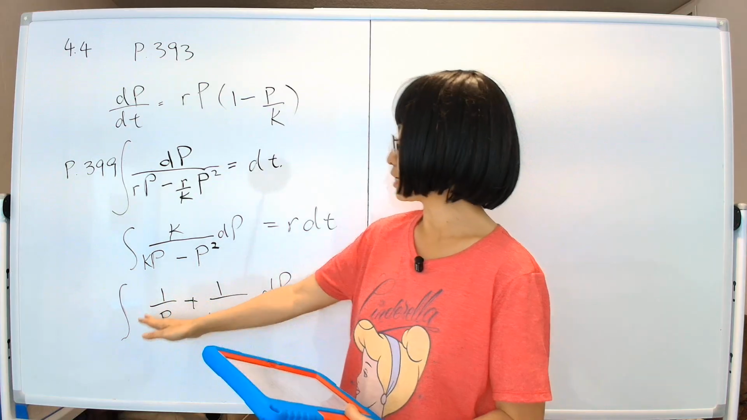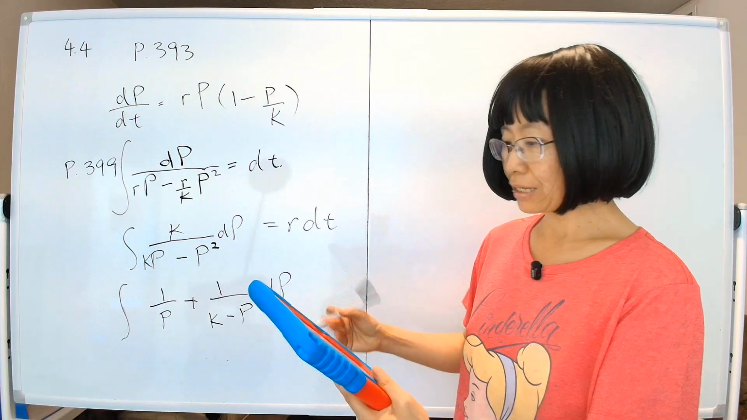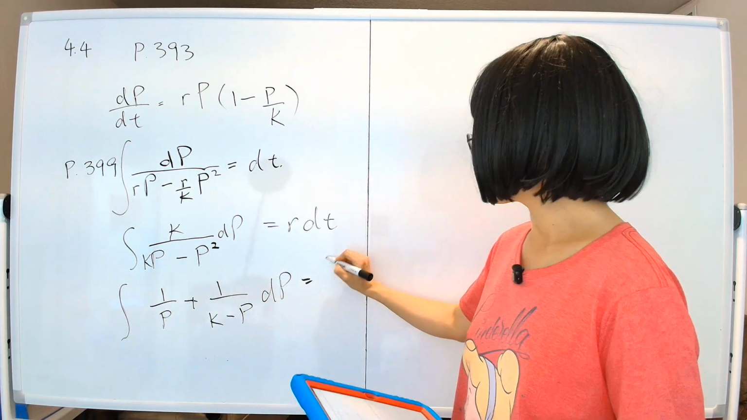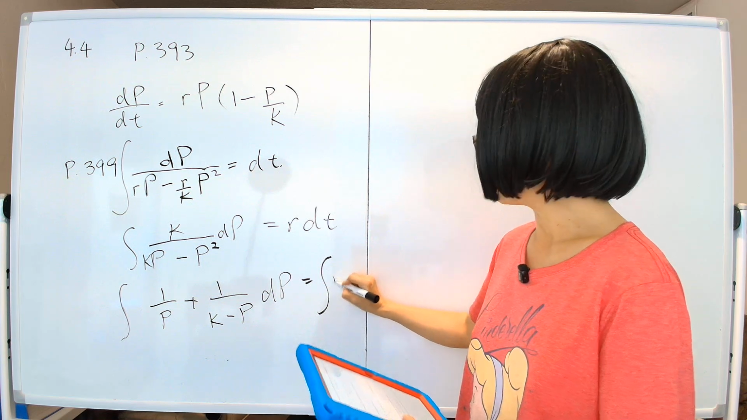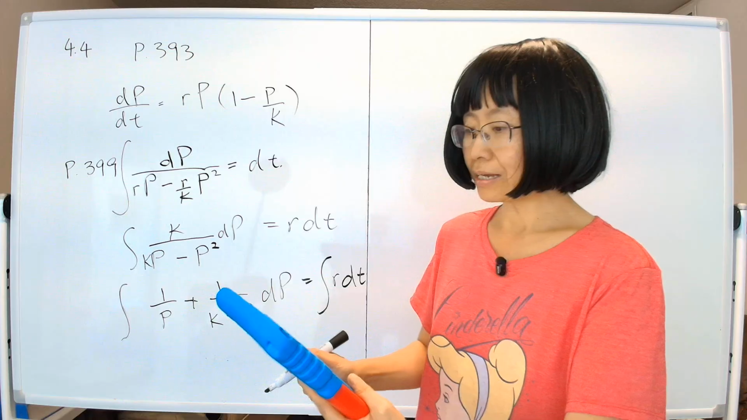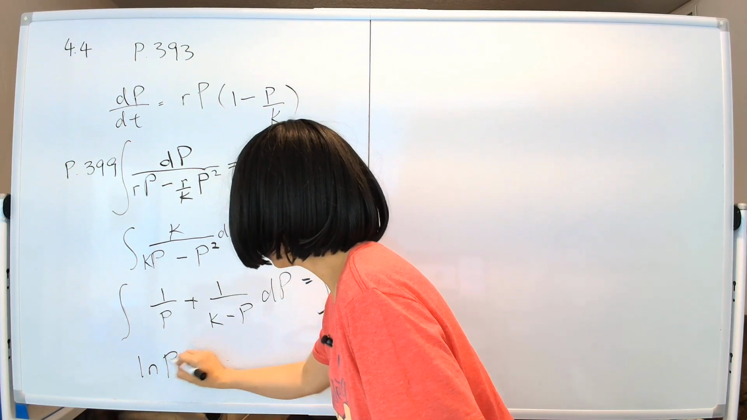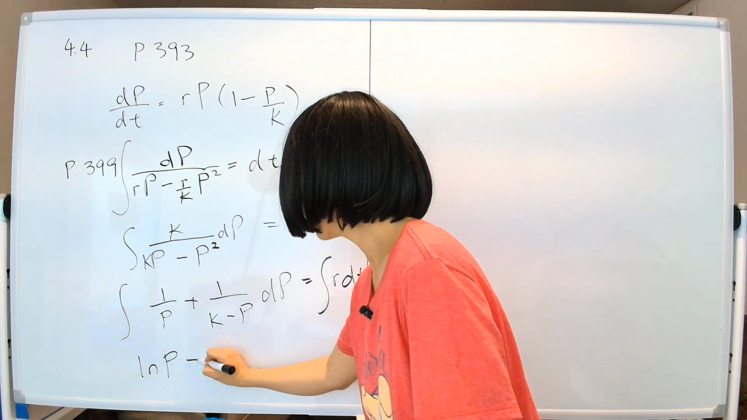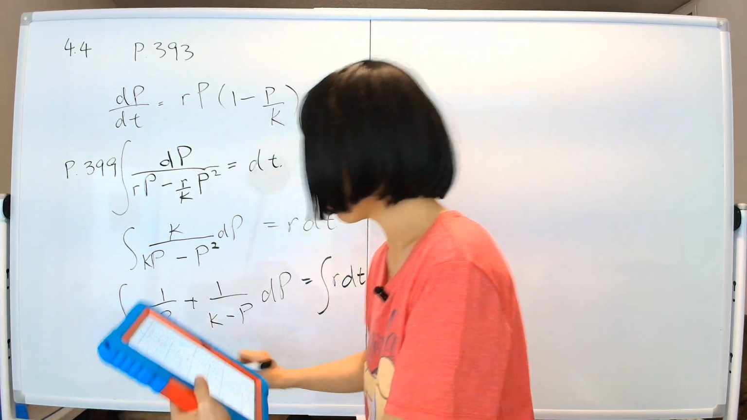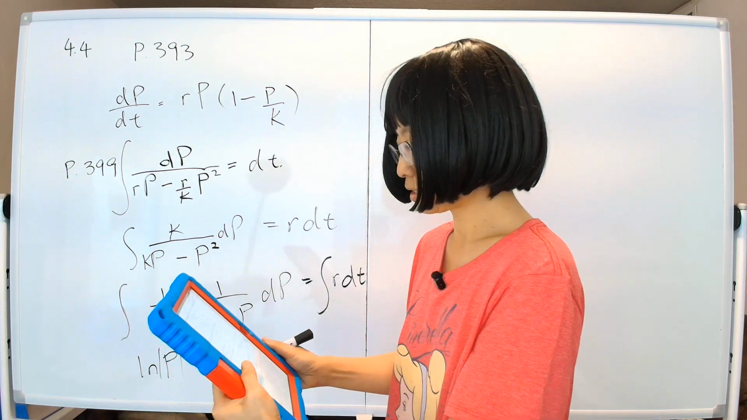Anyway, once we break up the fraction, which is how you solve this kind of integration, we have something that's readily integrable. Okay, this r is still here, dt, and then you integrate this and you get the natural log, of course. So we have natural log of p minus natural log of p in absolute value. Okay, natural log of, let's see, it should be,